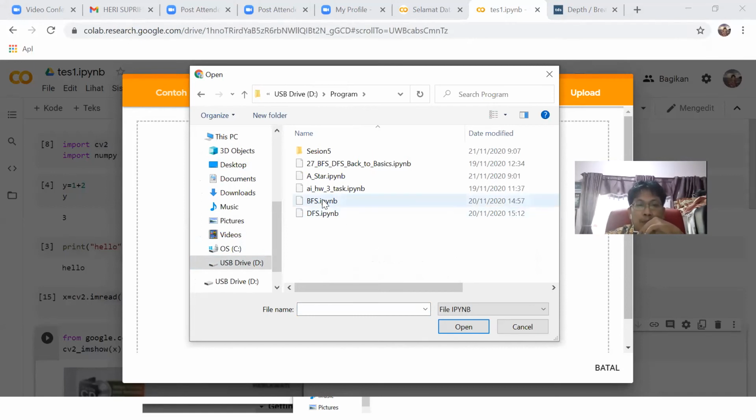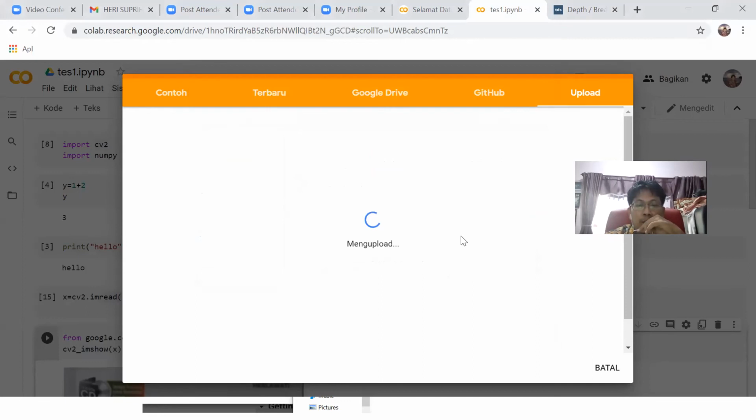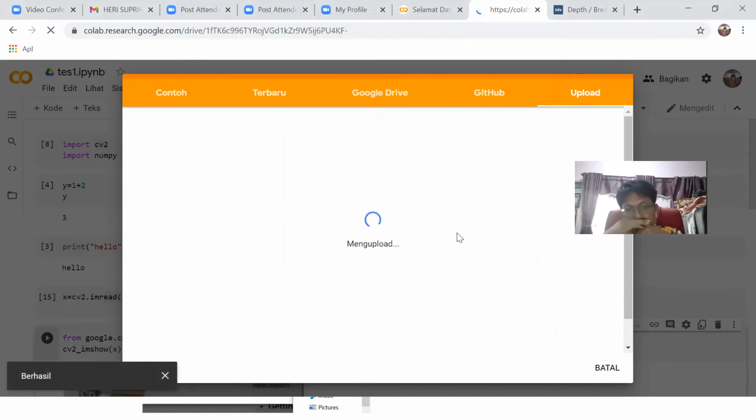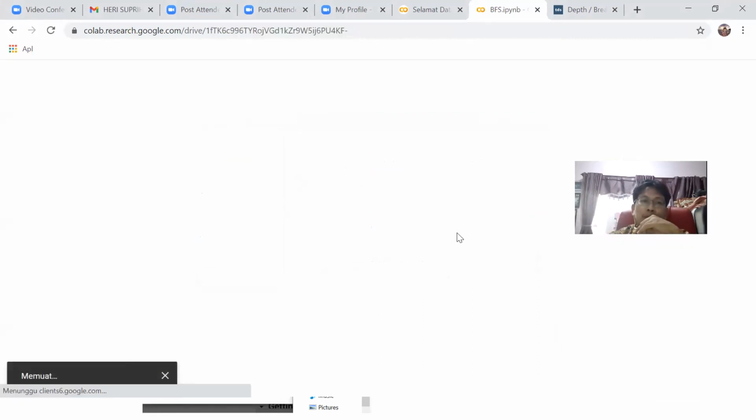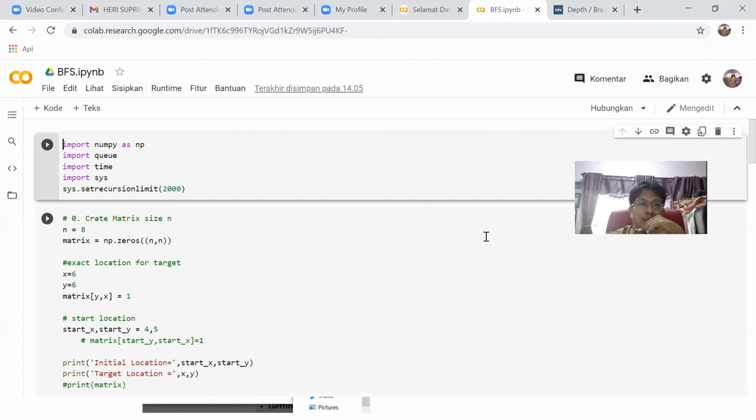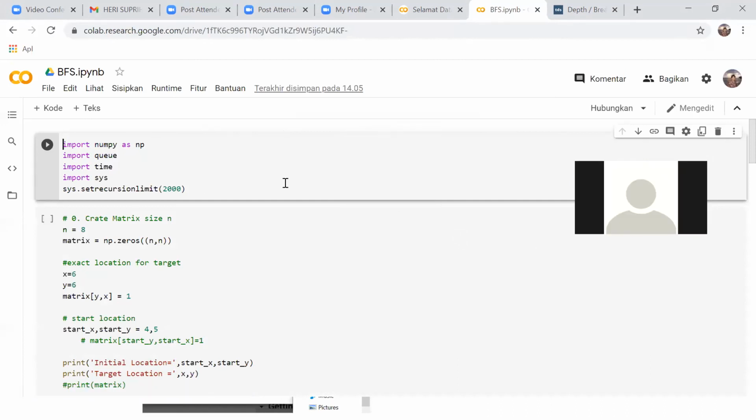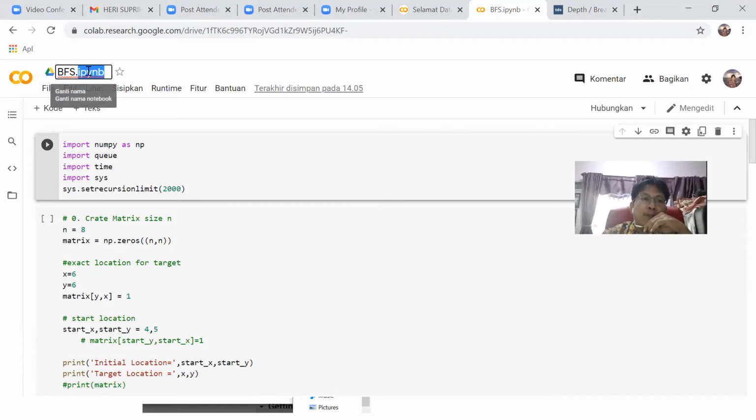The old one is, for example, breadth first search, which is okay. If I share you the IPYNB file, you have to open it in Jupyter Notebook or Google Colab.